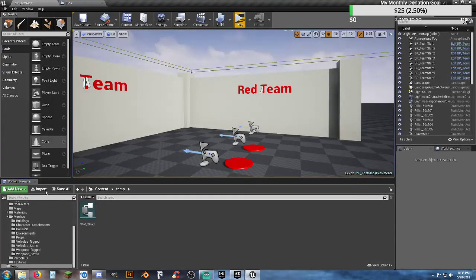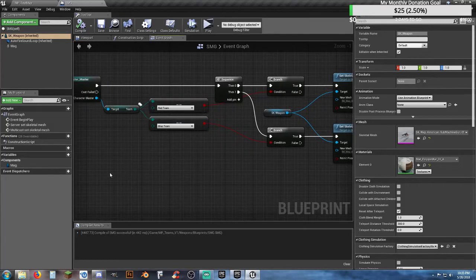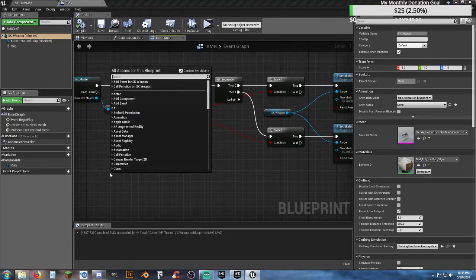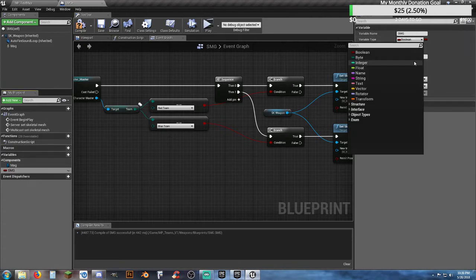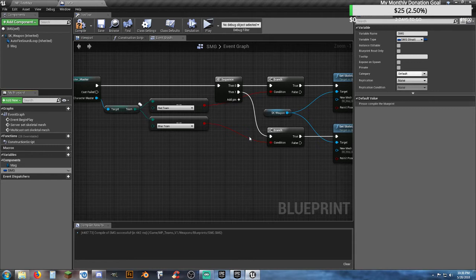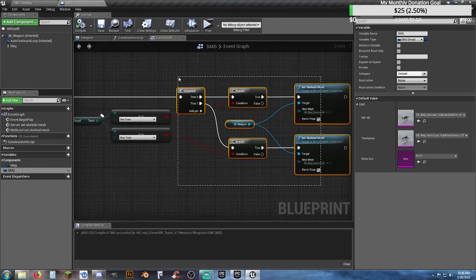So with that struct, now if I come into SMG, I created a new variable, and the variable was called SMG, we'll say, and then come over to the variable type and pick SMG struct, and then compile, save. Now if you look at the default values here, you've got MP40 is the MP40, Thompson is the Thompson, and none is none. So I'm actually going to...